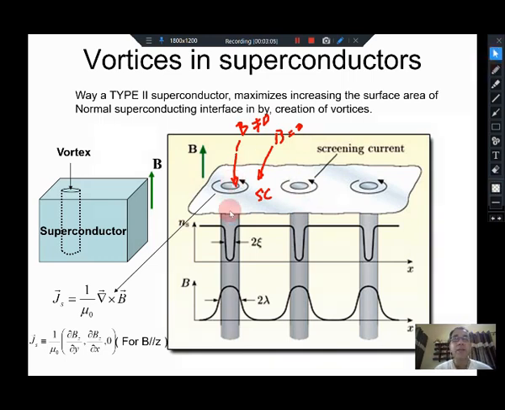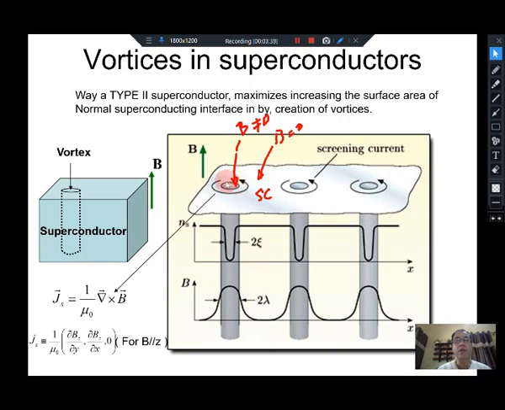Okay, and that's what is plotted here, the magnetic field as a function of distance. Whenever you are inside the vortex core, there is a finite magnetic field present inside the vortex core, and as you go outside the vortex core, because it becomes a perfect diamagnet, the magnetic field will decay out on either side of the vortex core. The distance over which the magnetic field will actually decay out in the superconductor is going to be your lambda, which is the penetration depth.